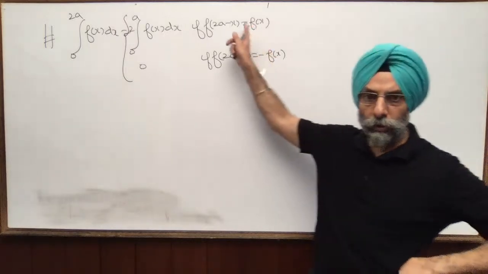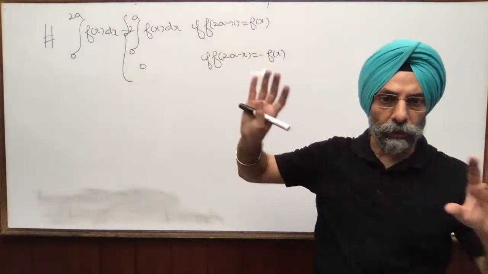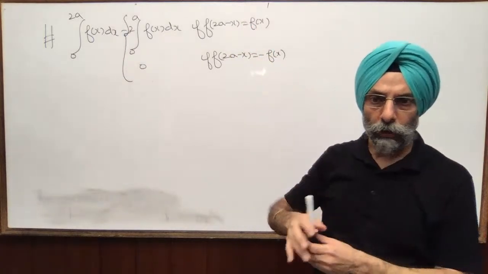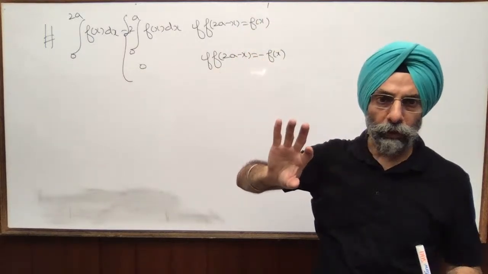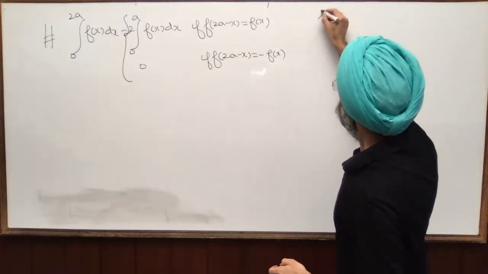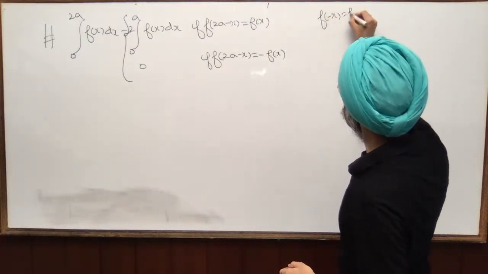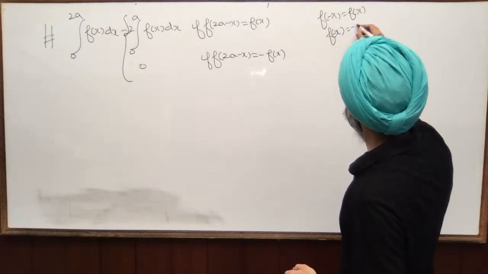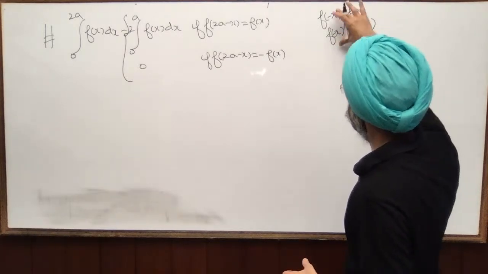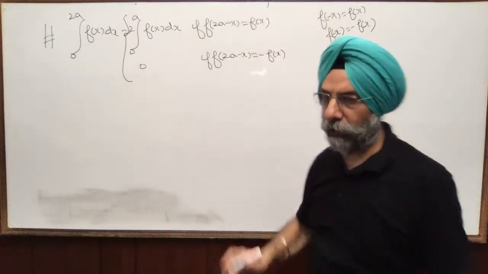Don't say even odd, here it has nothing to do with even odd. Even odd वाली प्रॉपर्टी नहीं है। Even is when f of minus x is equal to f(x), so that is particular, and if f of minus x is equal to minus f(x), then it is odd. Rather this is general, and that is a particular case।